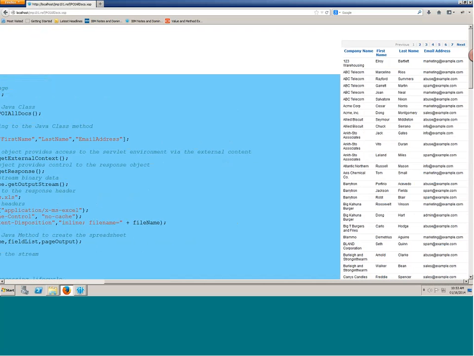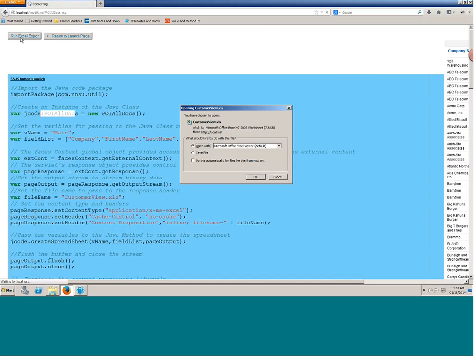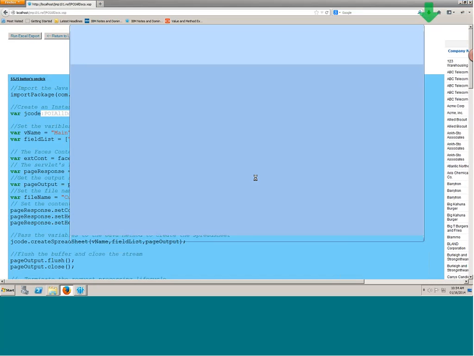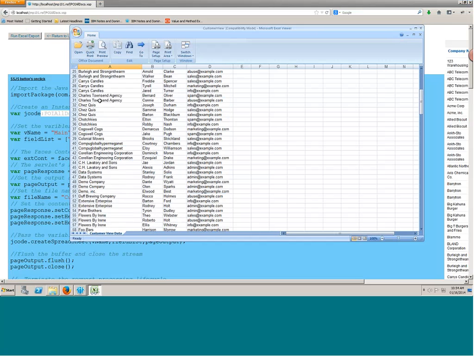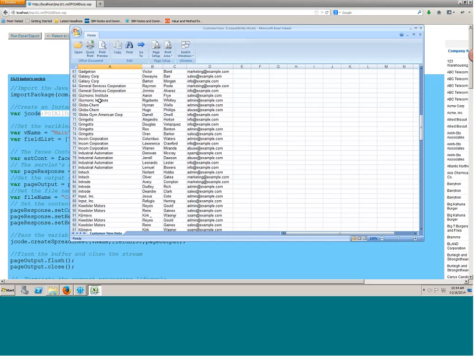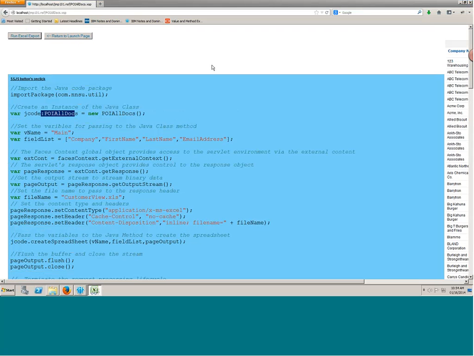So the Domino view I have looks like this with the following columns. If I run that Excel report, because we want to stream it so they can either open it or save it, if they have Excel or the Excel viewer installed, then you'll see, boom, like magic, I have an Excel spreadsheet of every document in that view. And now they can take this Excel file and do whatever they want with it. They can do further analytics, whatever they happen to need there. And this is the power of the POI library,